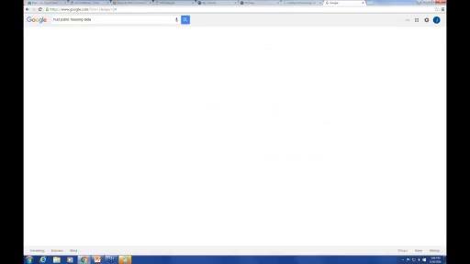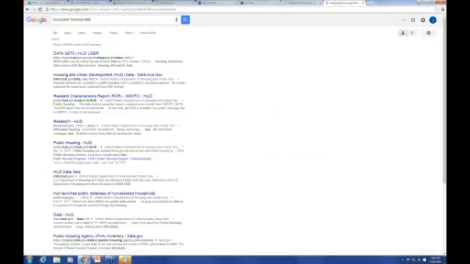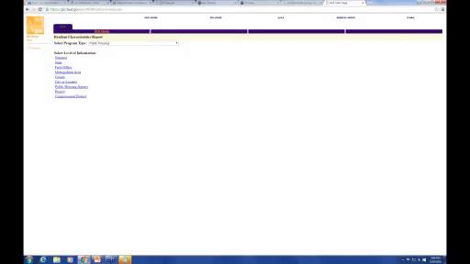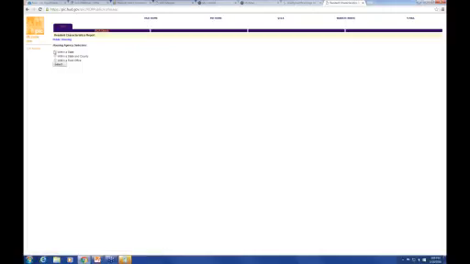HUD does report and allows you to see not just the number of, here we go, resident characteristics report. I believe this is the right side. I will send this to Jose to get the proper link. It's called the Resident Characteristic Report. As you can see, it's not the easiest to get to, but you can look for public housing data on any one of these labels. So if you know the agency that you're looking for,